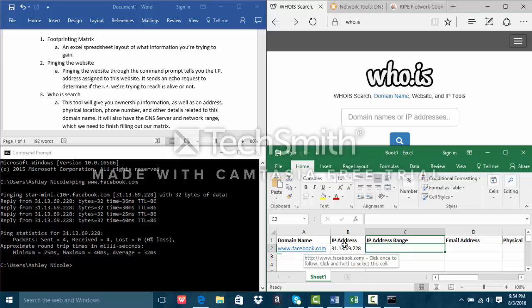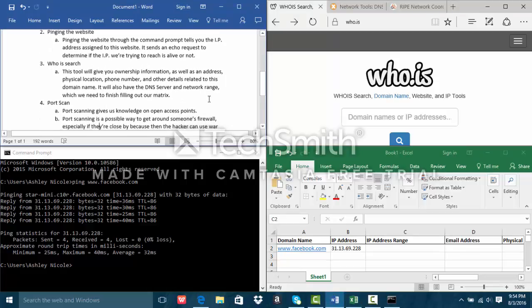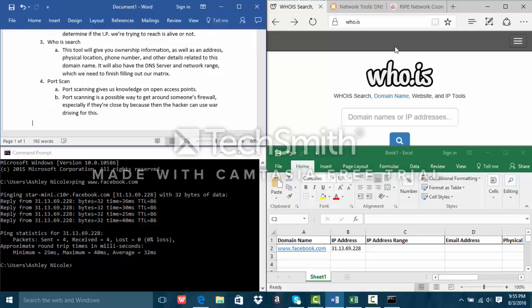And then next we're going to work on getting the IP address range, email address, physical location. And how we do that is with a Whois search. So a Whois search gives you ownership information, physical address, physical location, phone number, and important details related to this domain name, even non-important details, but you can also find the DNS server and the network range, and these are important for filling out our matrix. So we're going to go to who.is